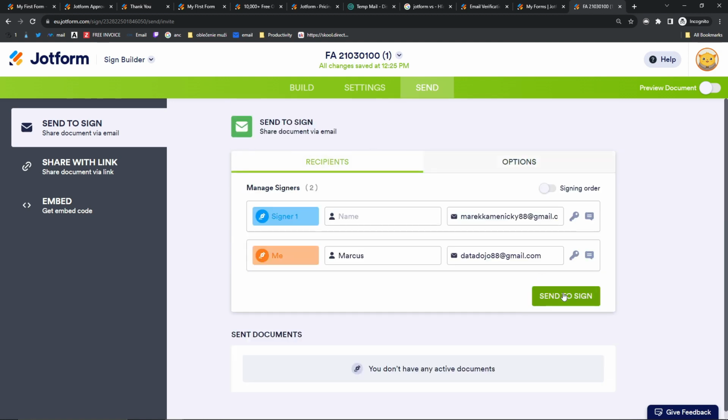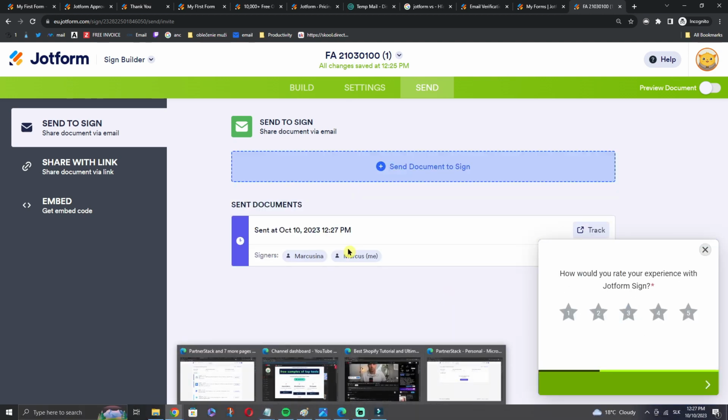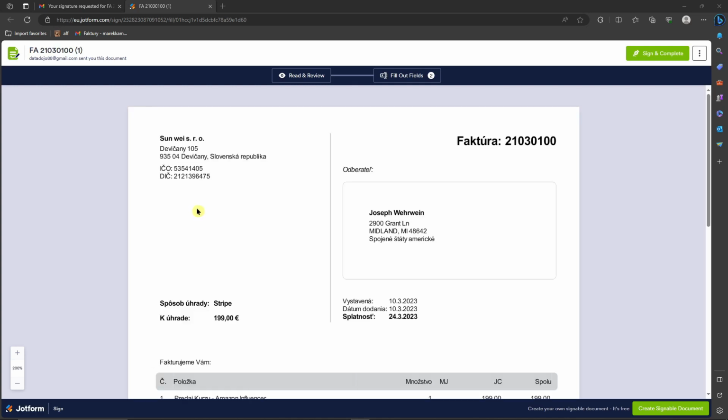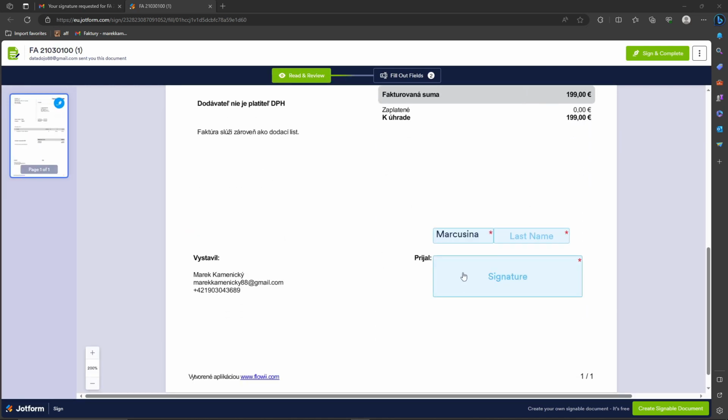So now I'm going to send it to sign. Okay. And now I'm just going to go to my Gmail. Right now I'm in my Gmail, so I'm going to click here, review and sign document. Now I'm just going to wait and look at this. I'm going to scroll down below, then I will click here,